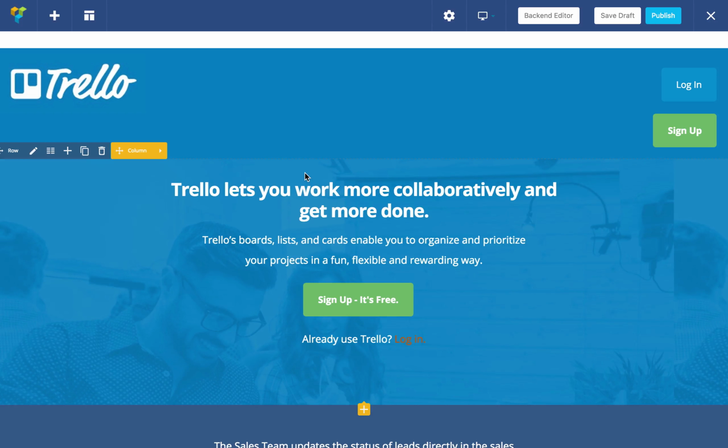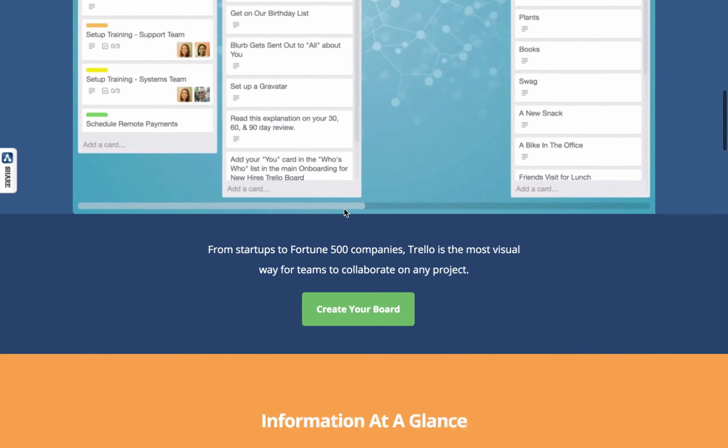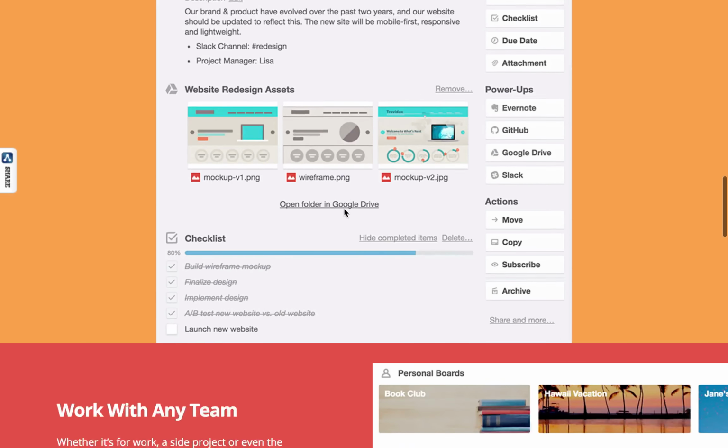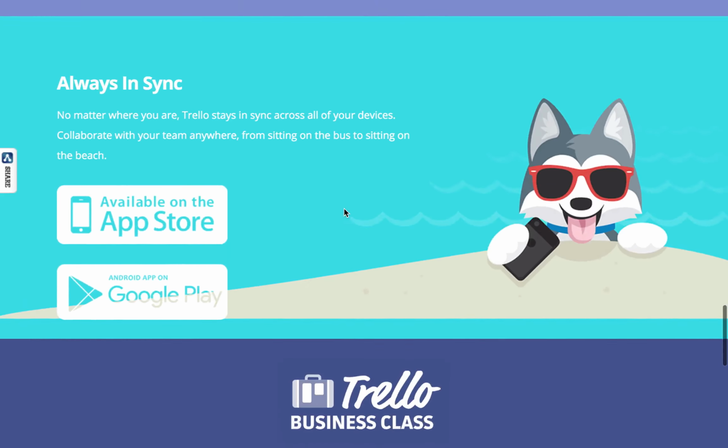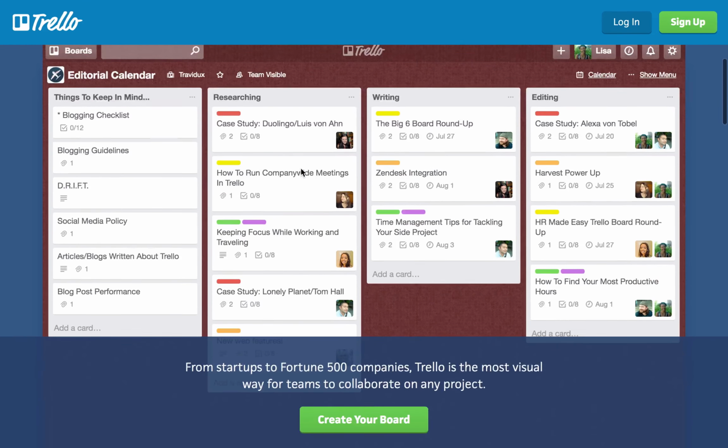Okay, so I'm just about done with the rebuild. I'm going to do a quick comparison now. So I'm going to save the draft, let that save, and then I'm going to open the page here and refresh. Okay, so let me scroll through, give you a quick preview of how it looks. And in comparison to Trello's homepage,